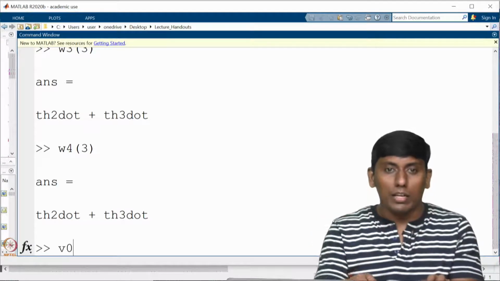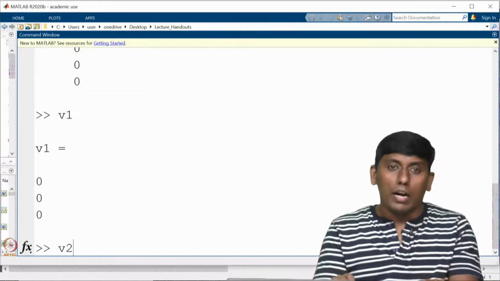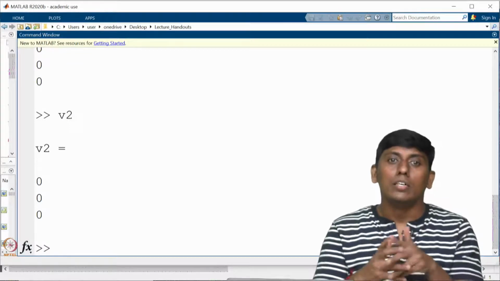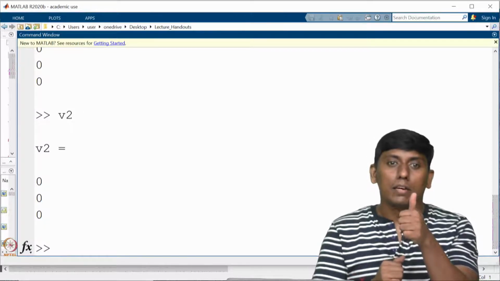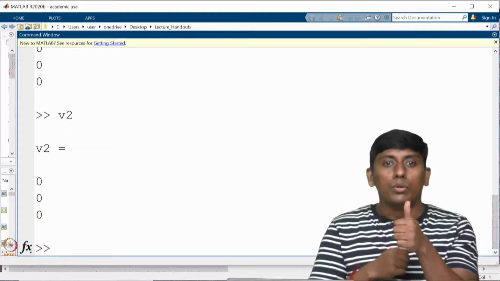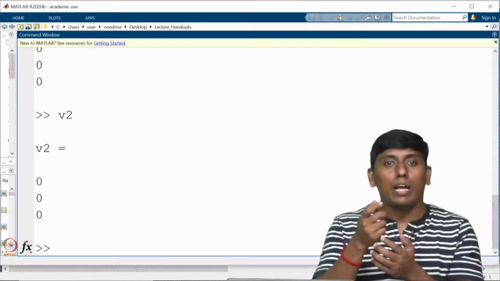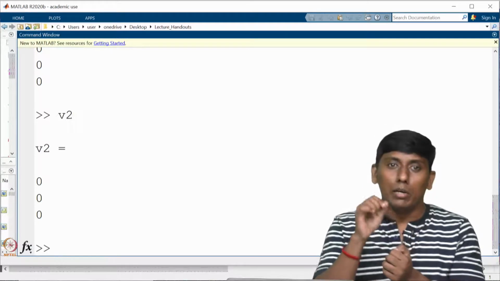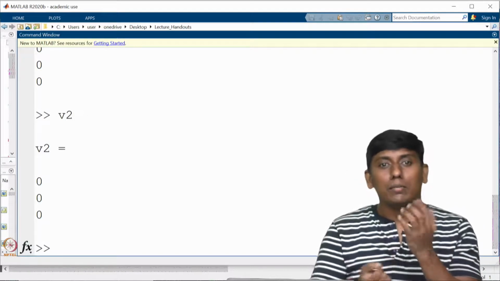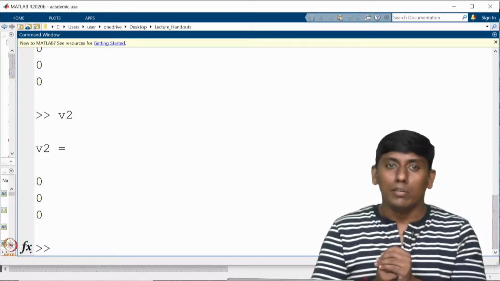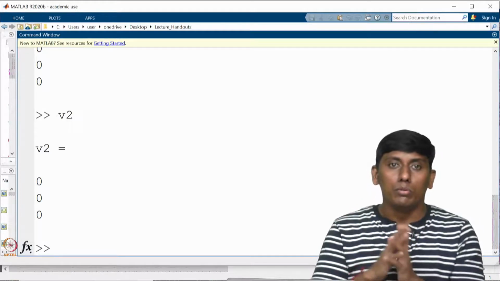In the same sense, we assume v1 is 0, because both are the same point, and v2 is 0, because if you recall the RRR 3R manipulator, the first axis comes here, the second axis goes inside the screen, so frames 0, 1, 2, 3 are all in the same line, especially 1 and 2 are at the same point. 0 and 1 are at distance d1, but the d1 distance is constant, so there is no linear velocity at 0, 1 and 2. That's why up to v2 it is 0.